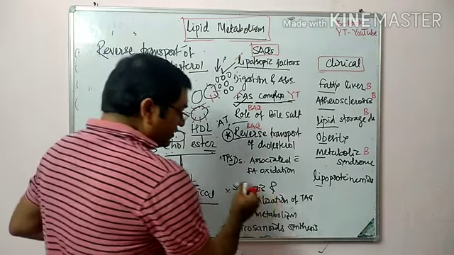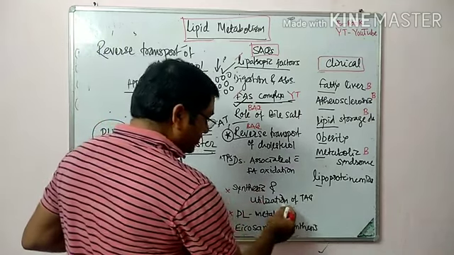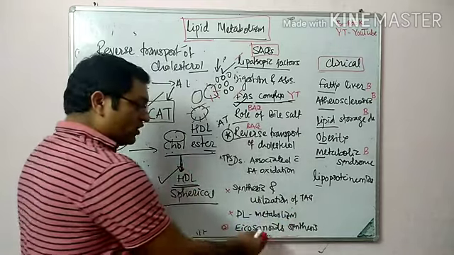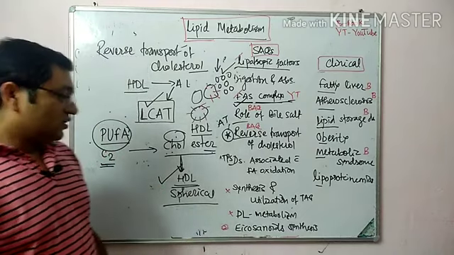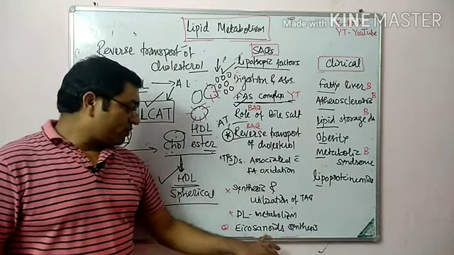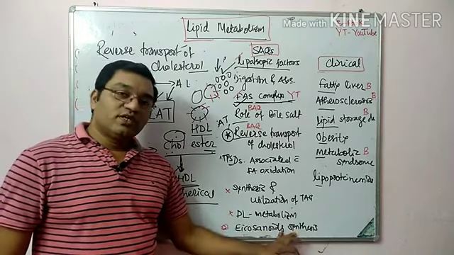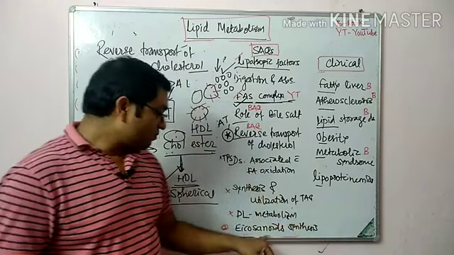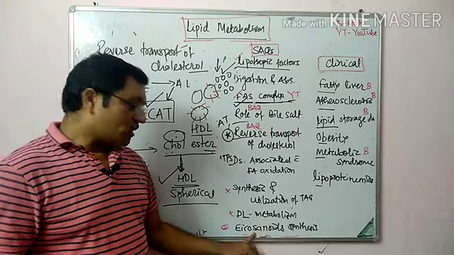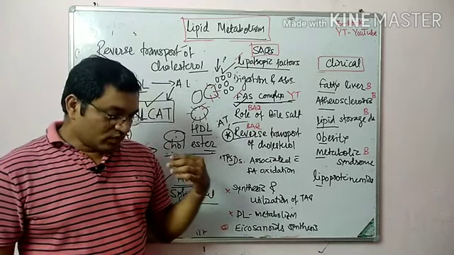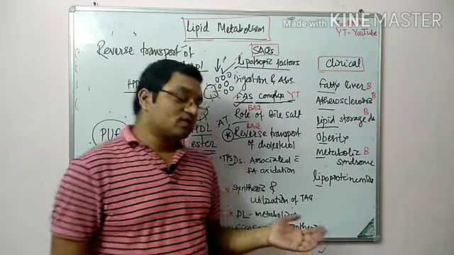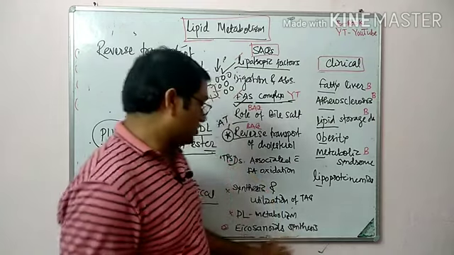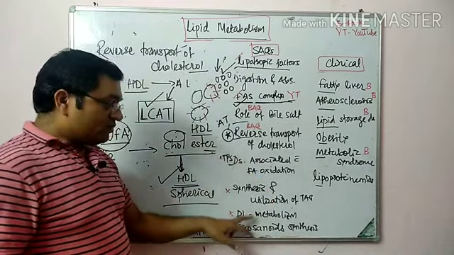Then these are the rare questions: synthesis and utilization of TAG, triacylglycerol. Phospholipid metabolism is also a rare question. And eicosanoid synthesis means prostaglandin synthesis. There is a YouTube video available on eicosanoid synthesis; see this video. There is a role of NSAIDs, non-steroidal anti-inflammatory drugs, in the eicosanoids. Then there are other drugs which can be used in bronchial asthma. So inhibitors of prostaglandin synthesis are important, and their therapeutic uses are important. These are rare questions, but easy to read.